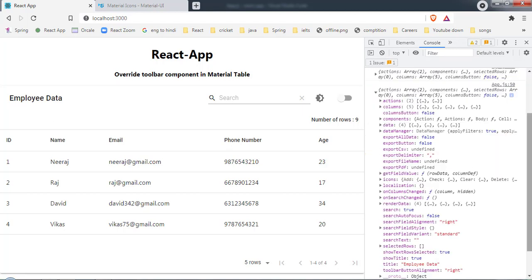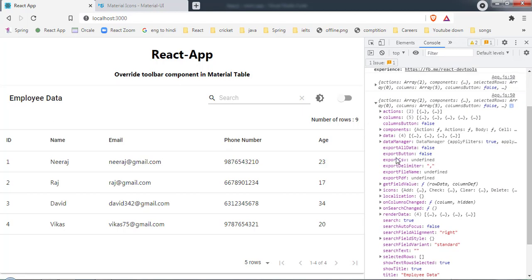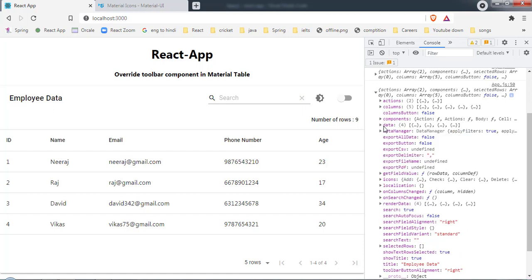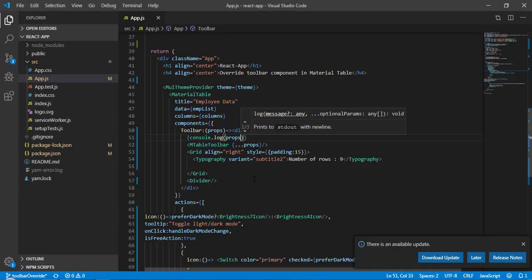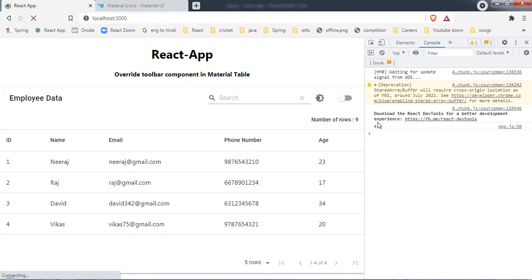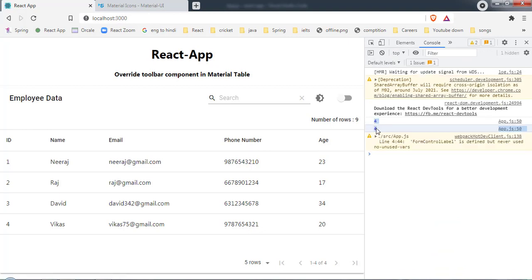Now let's expand this one, and here as you can see, I have this data information, and inside data we have all the data. If we find data.length, it is going to give me 4, right? So let's do this: props.data.length. Now save it, and let's come back. Here we will have the value 4, as you can see.